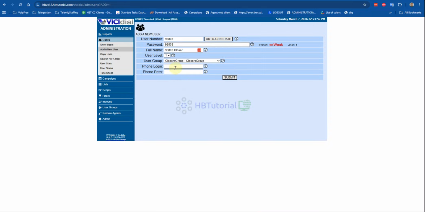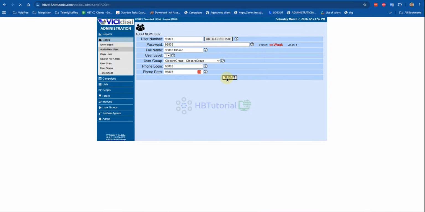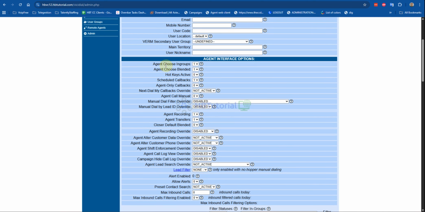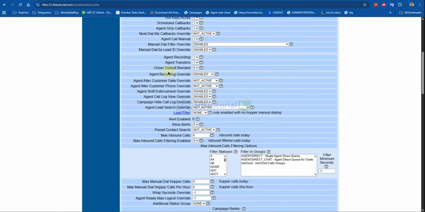So password 988 for the meantime. So we can remove this one. Agent choose blended, no. For callback, you can set the callback if you want. If you allow manual dialing, you can set manual dialing. Closer default blended, you can check over here.